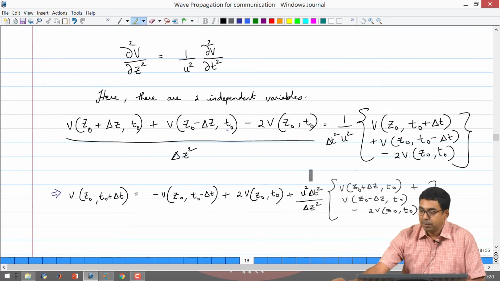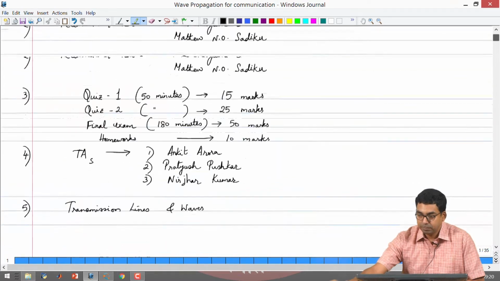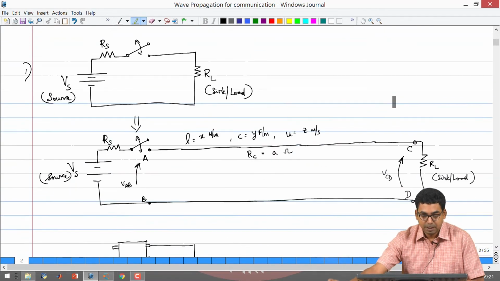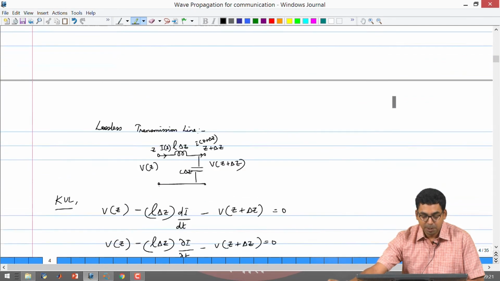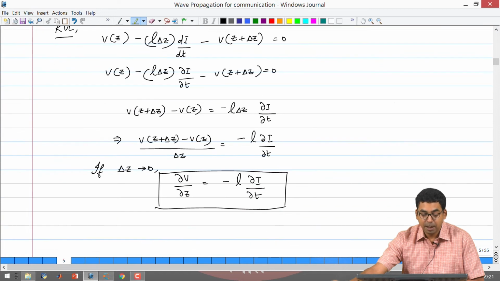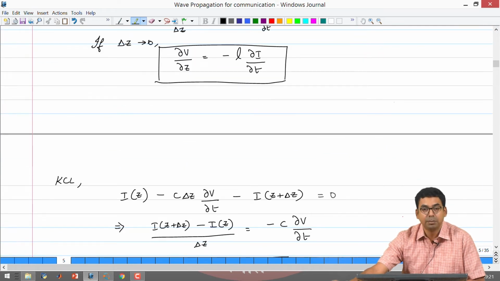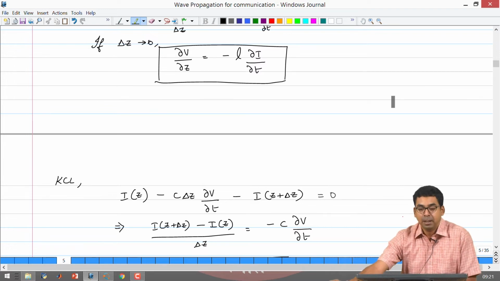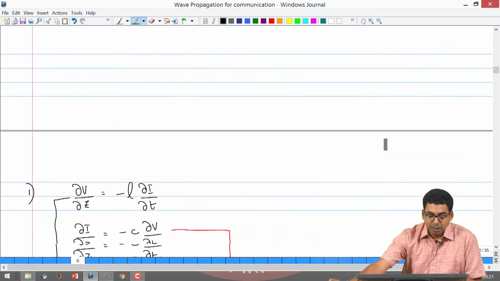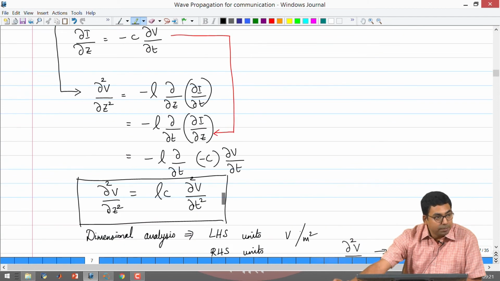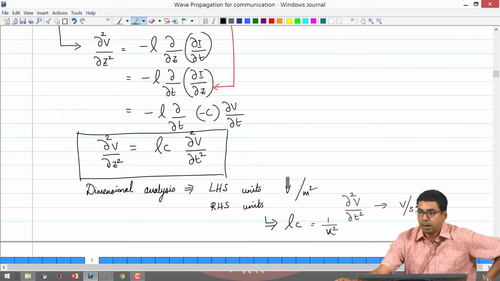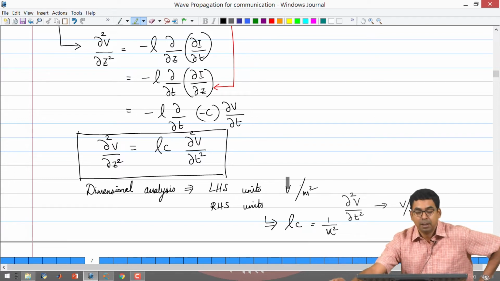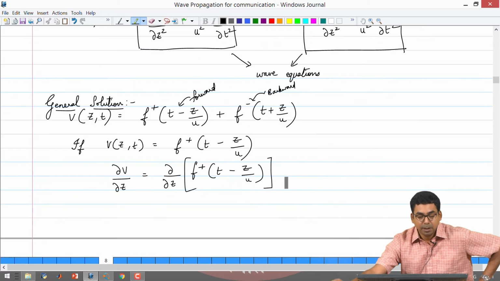So, initially we started with simple transmission line equations, alright. We made a model which was lossless, and it gave us some partial differential equations for voltages and current. Okay. Once we had the partial differential equations, we tried to make the wave equation, alright, and we tried to use some general solutions to the wave equation and found out that the voltage and the currents can actually be traveling in the form of wave. At that stage, we did not know what to do with it more, alright.